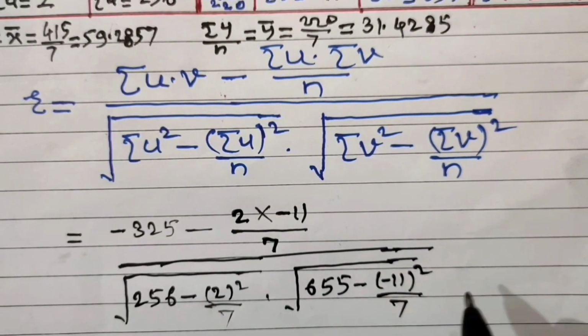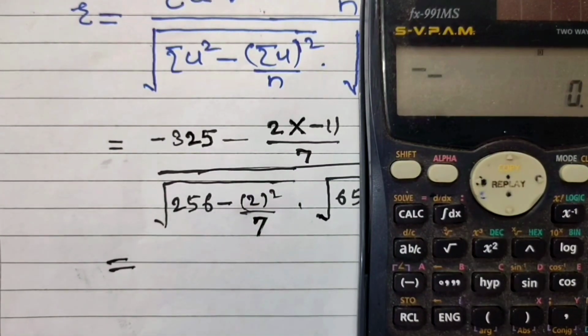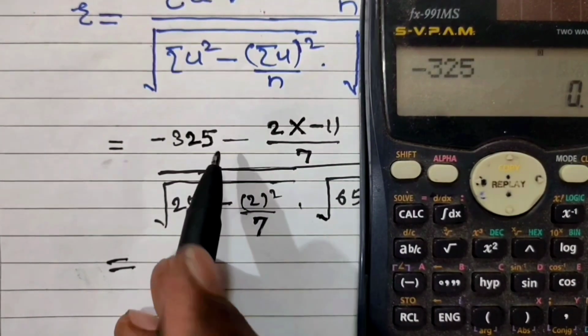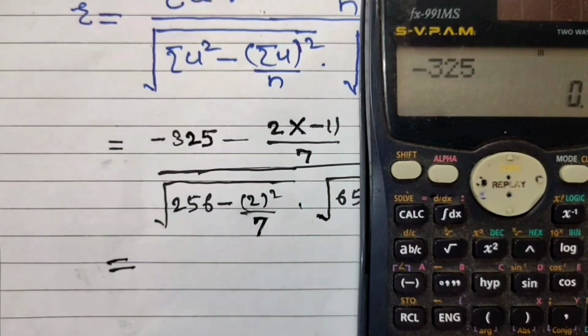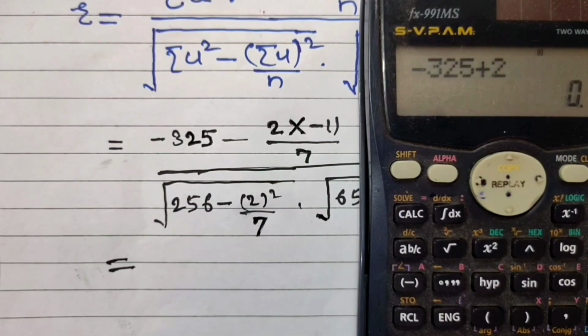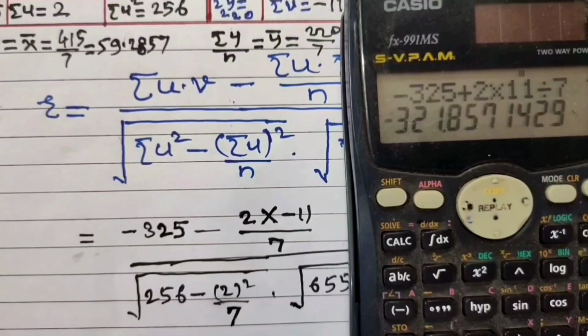So this is equal to minus 325 minus into minus, that becomes plus, 2 into 11 divided by 7, and this is equal to minus